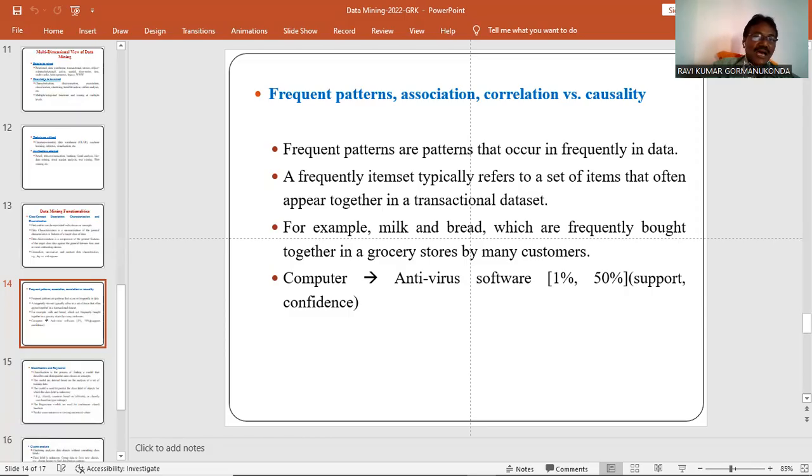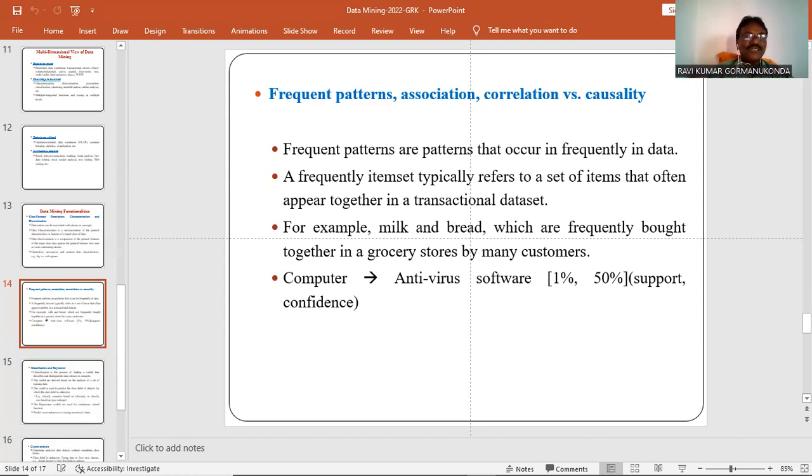So this is the association rule, or frequent patterns. In a large shopping mall, we are finding the frequent patterns, what items are frequently purchased from the supermarket or shopping mall. In a big shopping mall, hundreds of thousands of customers purchase items.